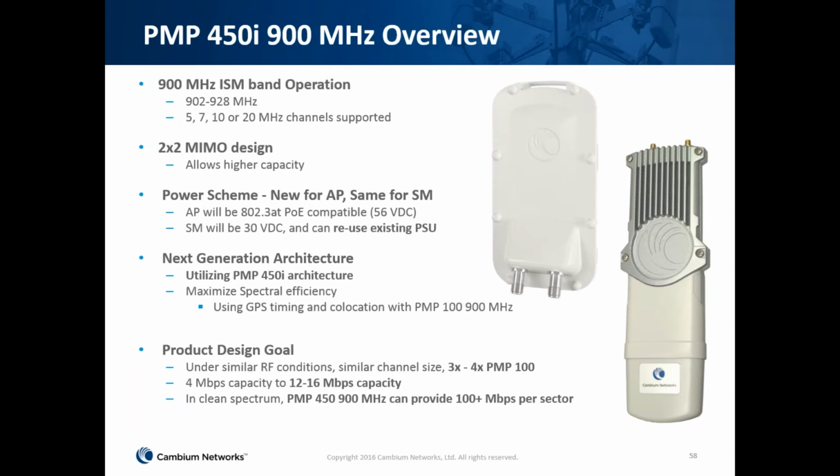In some cases, we see customers that'll put a 5.8 access point on a tower and reach the customers that are easily accessible. Right below that on the tower, they'll put a 900 megahertz system, and they'll use that solely to reach out and get those really hard customers that they can't get with a 5.8 or a 3.65 radio. So when you're talking about rural areas, hard to reach, sparsely populated areas, the 900 megahertz is a great option for you to be able to reach out and get those customers.